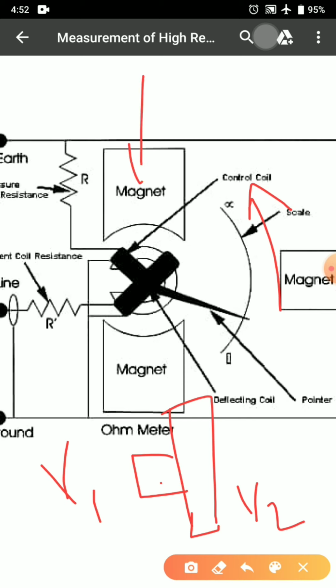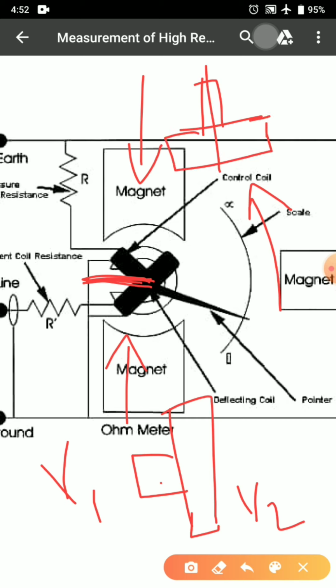Why weak magnetic field? Because the magnetic field is in this direction and my voltage coil is placed in the direction of minimum reluctance, so it is having a weak magnetic field. Now when the pointer is moving towards 0, my coil's position will become in this manner. Now when it is in this manner, maximum flux interactions are there. So because of that, when the voltage coil V1 is at 0 position, it is at a position of stronger